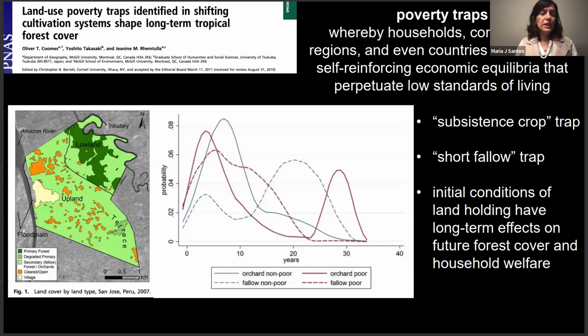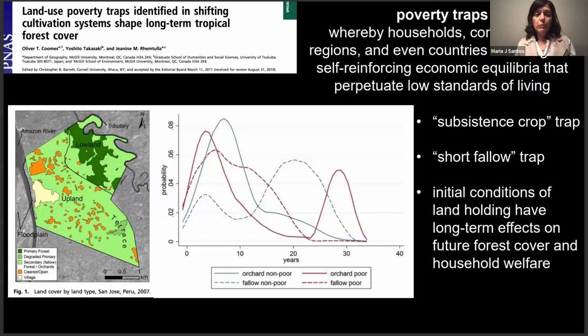Moreover, if we think about these coupled dynamics between social and ecological processes in more recent times, there's a good example of a study also done in the Amazon. If we are to explore the forest, we might expect that that will alleviate poverty in many different ways. This paper actually shows that transitions into certain types of land use may not alleviate poverty as we would expect from theory, and actually it might lead to what we call poverty traps.